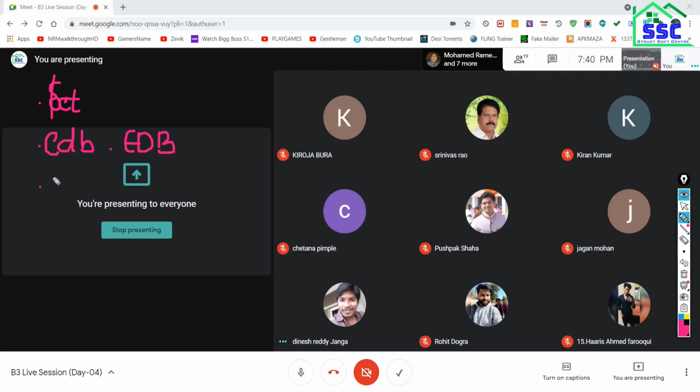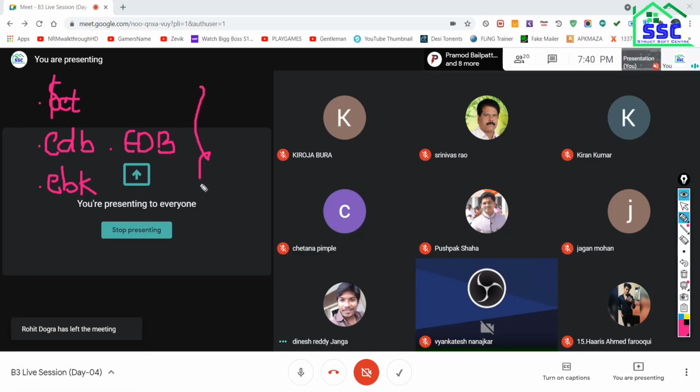And the second one is the .ebk file. So the $et file, the .edb file, and the .ebk file: these three file formats you get when you save your model.